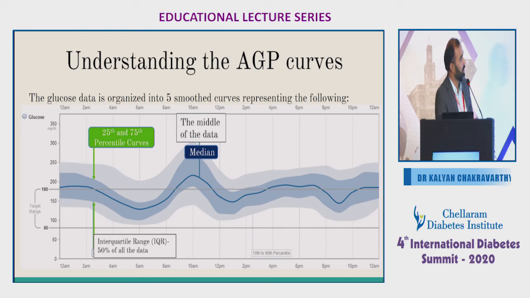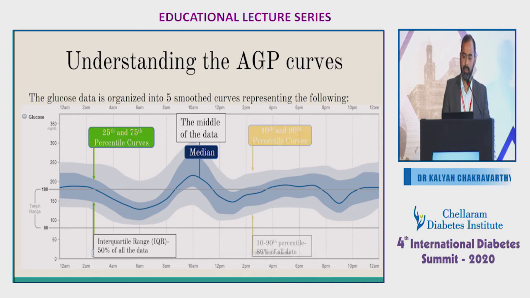Next comes the interquartile range, which is the blue zone that you're seeing. This gives the bottom 25% out, the top 25% out. So the 50% of the data that is lying within at that particular time gives the interquartile range. You join all the dots through the day, you get an interquartile range. The last line is the interdecile range, which is the light gray zone that you're seeing. Now this zone is basically just the 10% above, 10% below readings are excluded.